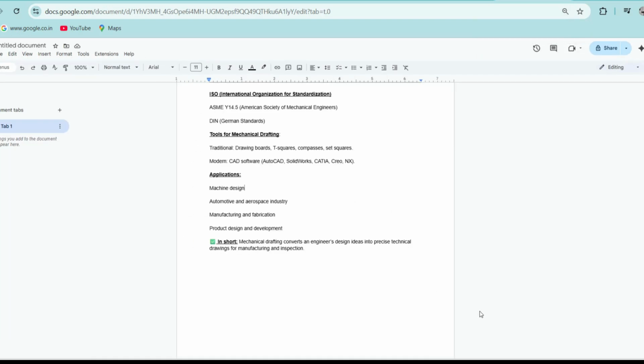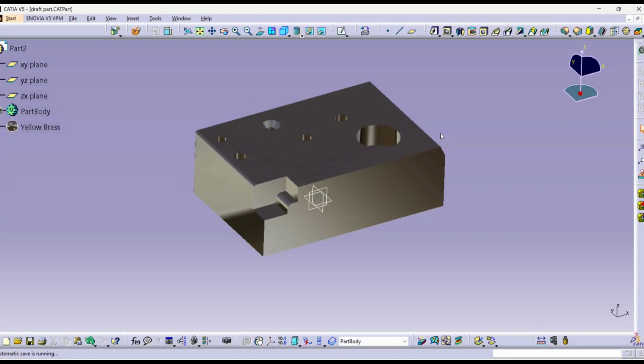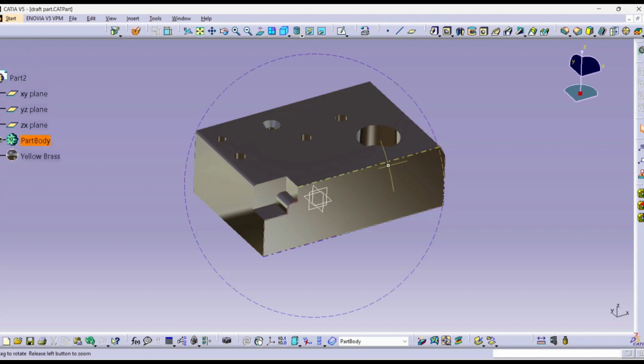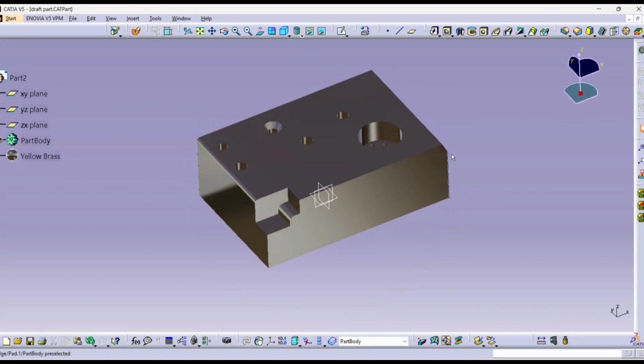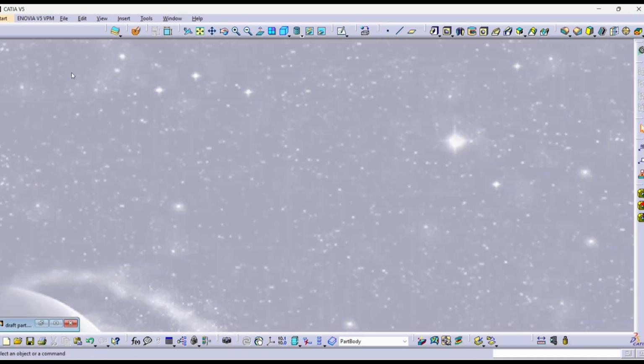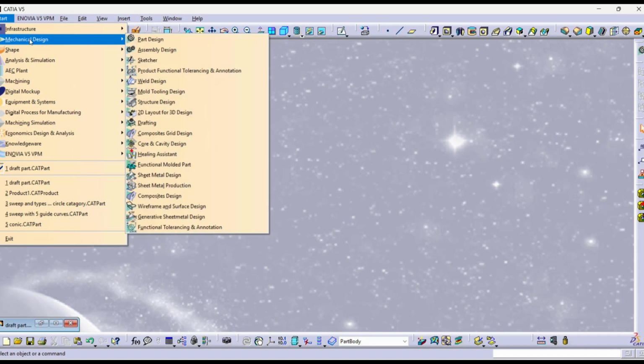Now let's start with drafting here in CATIA. So this is the part we have made in CATIA part modeling. And there are two ways to start with drafting or to take the part to the drafting interface. The first one is directly going for drafting without opening any part. I'll minimize this one and directly you can go for drafting, that is by clicking on this start button, say